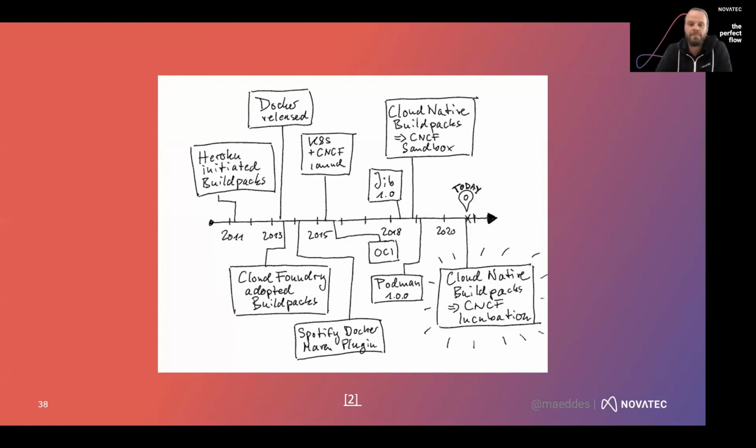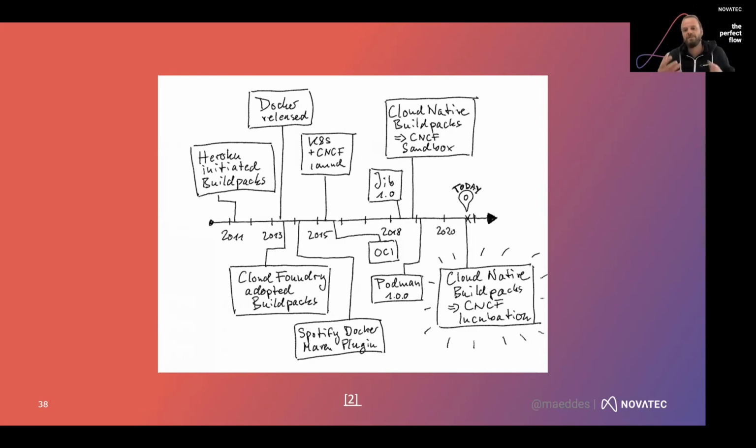And so you can see, even before Docker was around, there was the idea of containers, and there was also the idea of so-called Buildpacks coming from the platform as a service world. They were initially created by a company called Heroku, and then adopted by Cloud Foundry, who took that PaaS model to an open source level, which have a different approach of building containers.